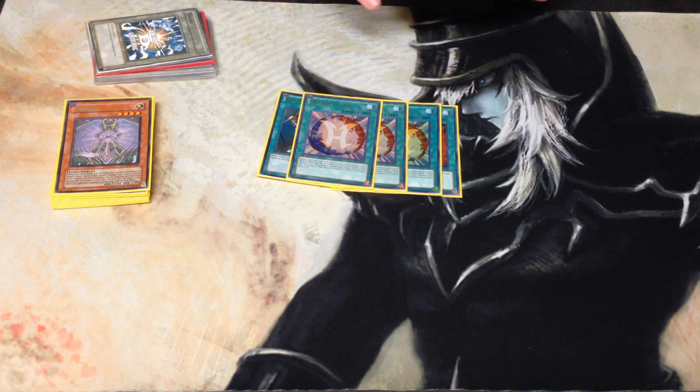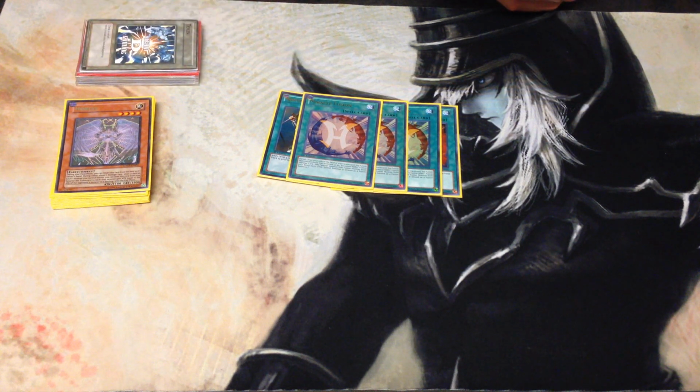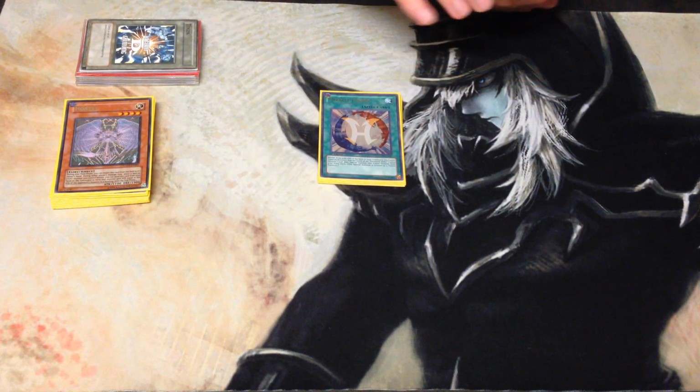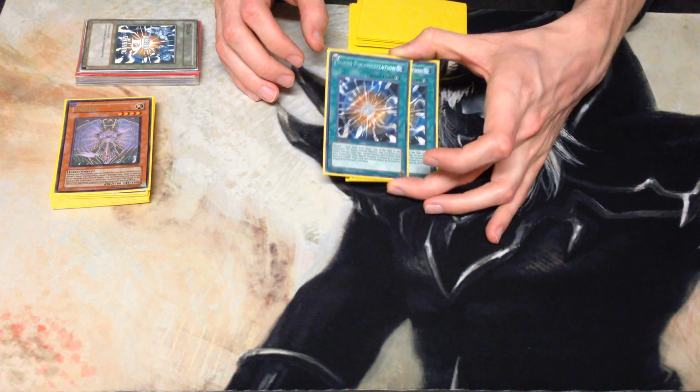And so Miracle Fusion is just you banish fusion materials listed on a fusion monster from grave to special summon the fusion monster from your extra deck. So it's just a 1-card fusion summon. Keeps the deck going. And next up, 2 Super Poly, just because this helps you get around whatever your opponent